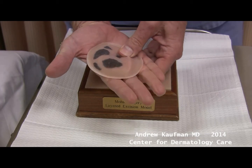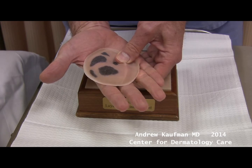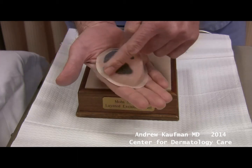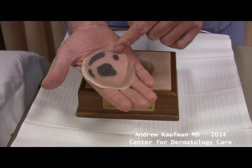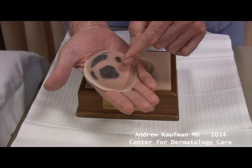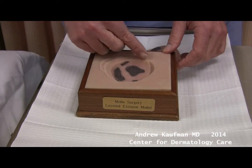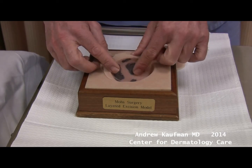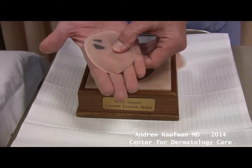We cut through the plane and mount the pieces on glass slides, staining it and looking at it under the microscope. There we can see that we've cleared the tumor over here, but there's still tumor extending beyond the specimen in this area. So we go back just to this area and take a small amount more, just from the area involved with cancer cells, and mark it and map it, take the piece, flip it over, flatten it out,